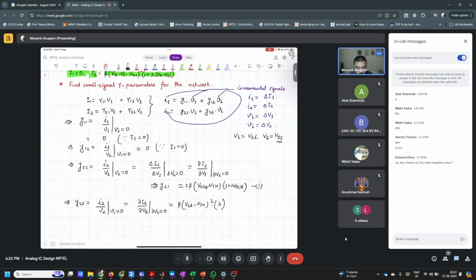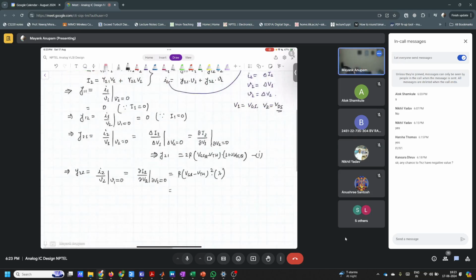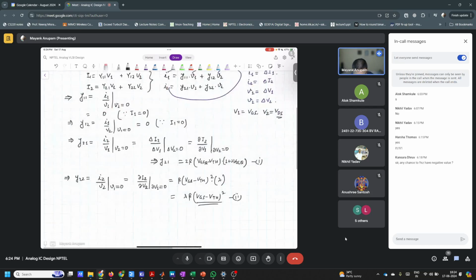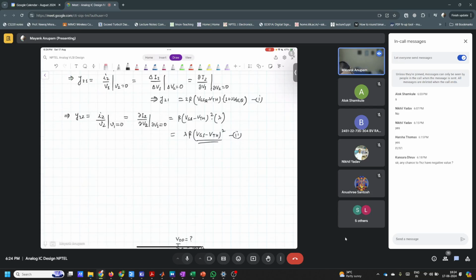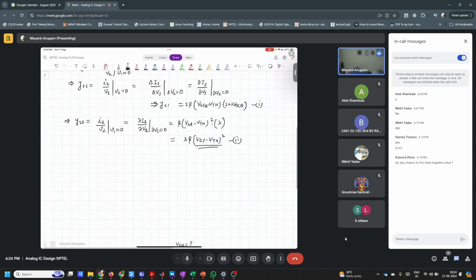Am I correct? Yes. So this then becomes what? I'm just writing it more clearly. Lambda times beta times (VGS minus VTH) the whole square, correct? So this is your Y22, correct? Now if we put the values which are also given in the question, so we have beta equal to